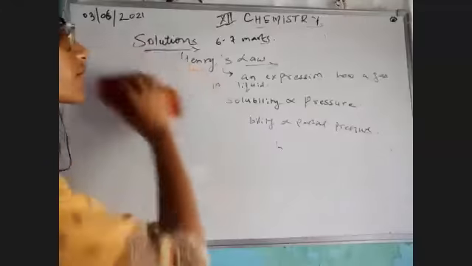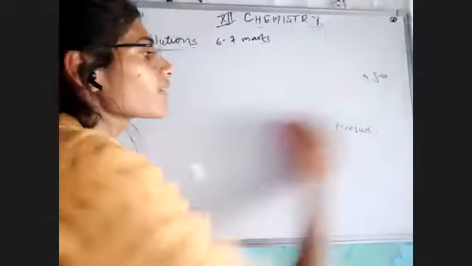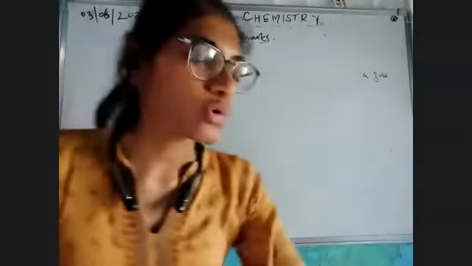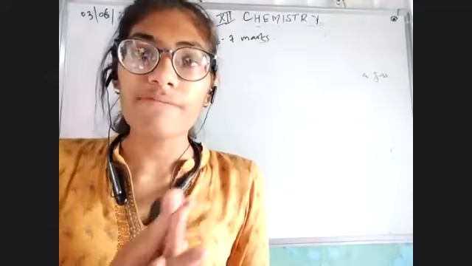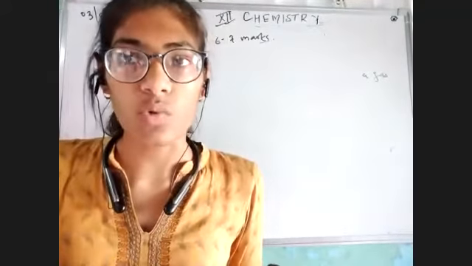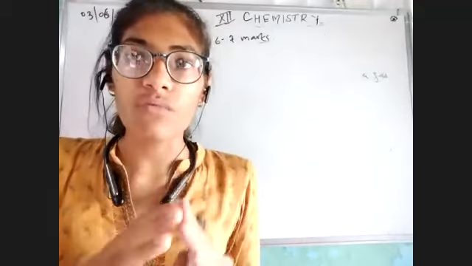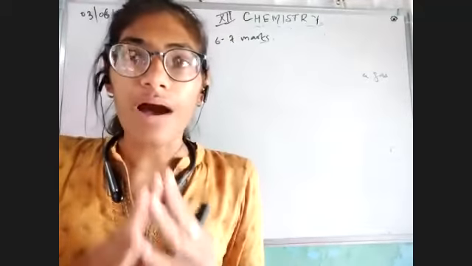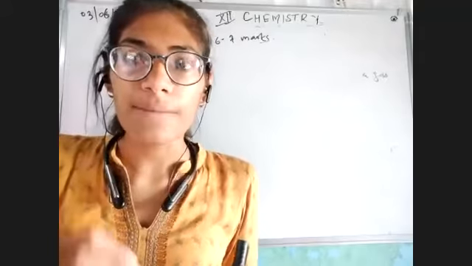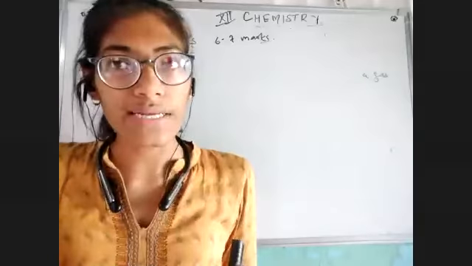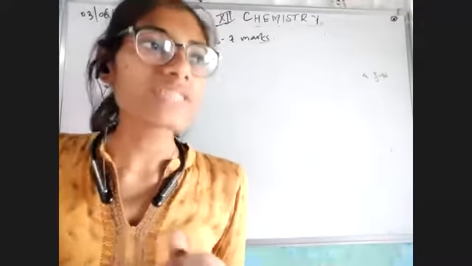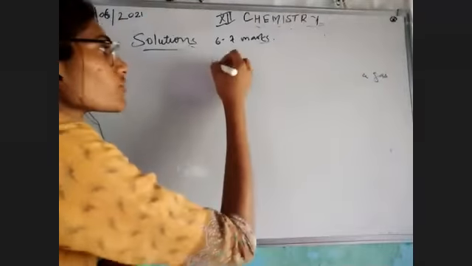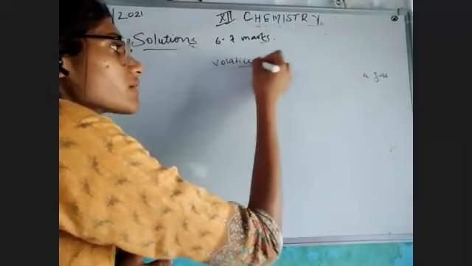Raoult's law told us that whenever we are dissolving any kind of solute into a solution, we check the vapor pressure of that particular solvent. So we want to know, when we dissolve a solute into a solvent, after some time how the vapor pressure of the solvent, whether it is volatile or non-volatile, is related with the mole fraction. I'm again repeating. First point is, a volatile solvent is something which can be easily evaporated. You know that very well.